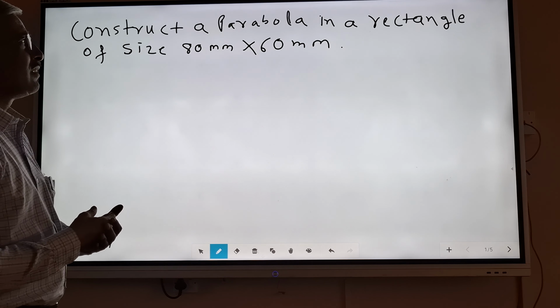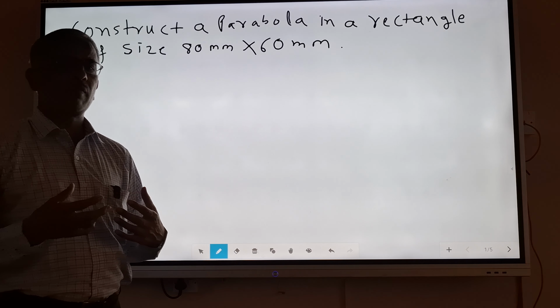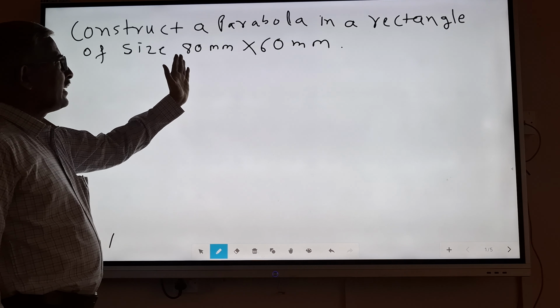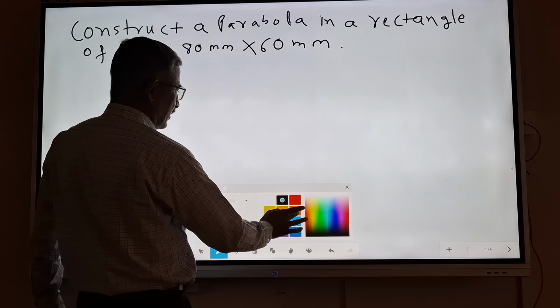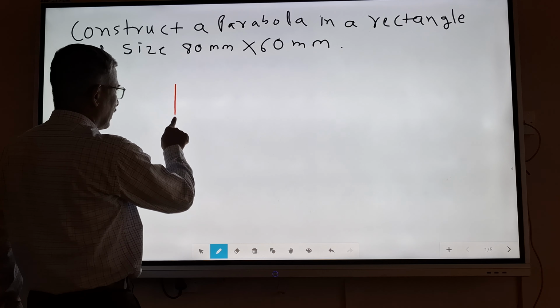As the name states, it is a rectangle method. So here we will use a rectangle for the construction of a parabola. Size is given, 80 millimeter by 60 millimeter. So of that given size, we will construct one rectangle.